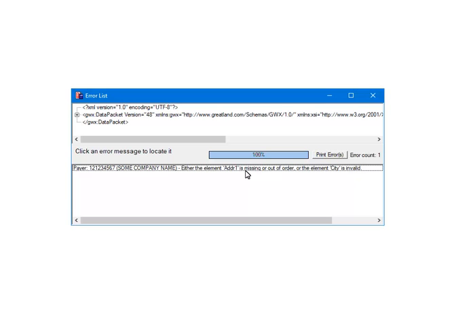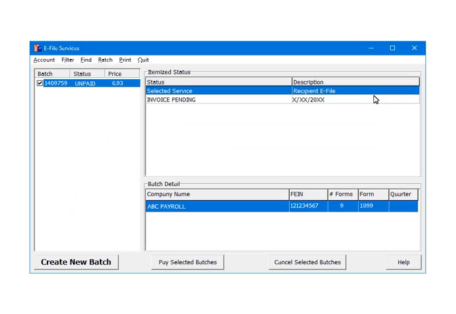In this example, the pair address is missing the city. You will need to quit the e-filer at this time, and go into the W-2 and 1099 forms filer and enter the city on the 1099 form. Then restart the e-filing process again. Close the error screen. When there are no errors, the forms will be assigned a batch ID, in this case,